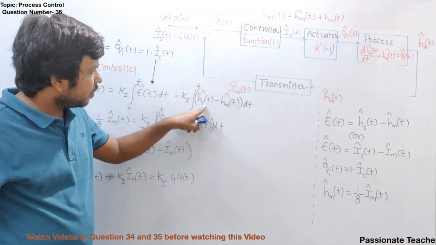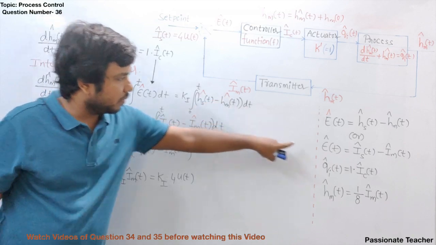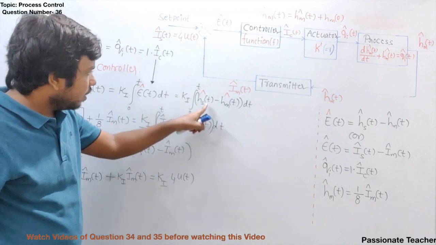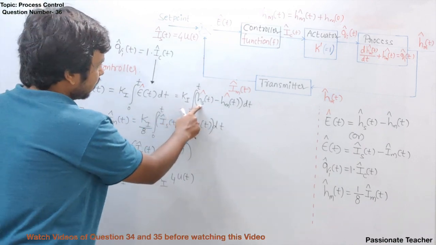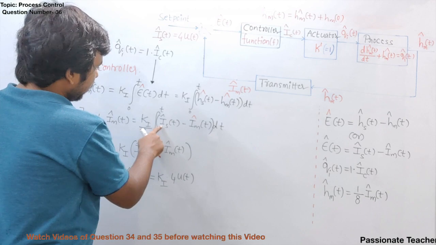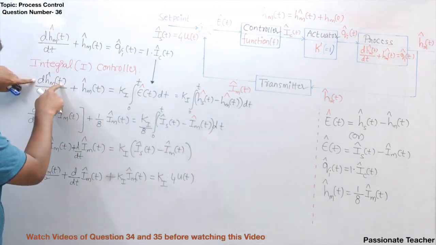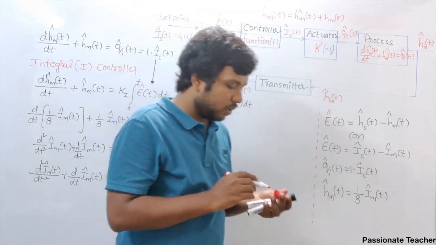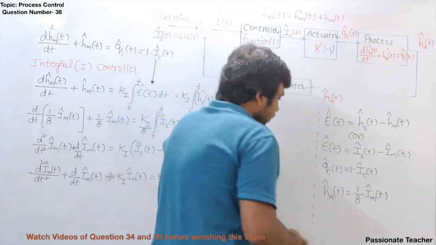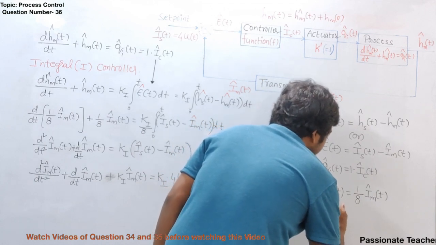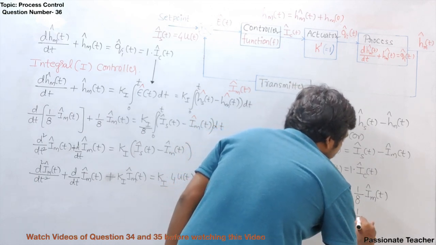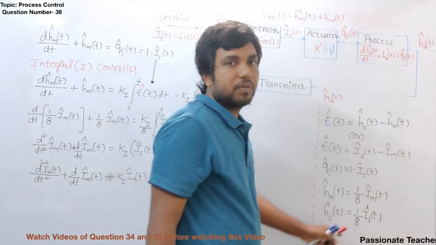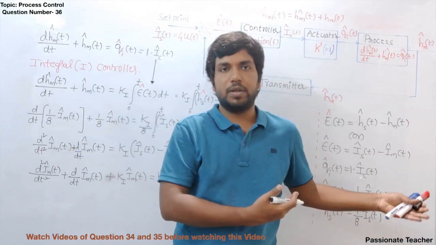Okay, so that will be equal to the deviation in the set point of the water level minus this one, because we have understood all these things earlier itself. I explained all these things. Now, if you replace this water level with respect to current, how can I write Hm cap of t in terms of current? Because we have seen Hm cap of t is equal to 1 by 8 into Im cap of t. At the same time, Hs cap of t is also equal to 1 by 8 into Is cap of t. These are linear relations. We have been discussing these relations almost from the past two videos, right?